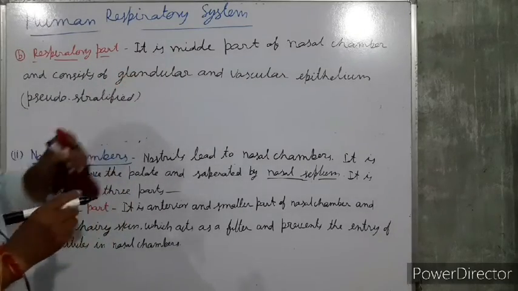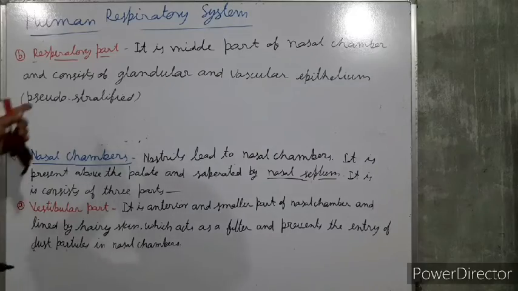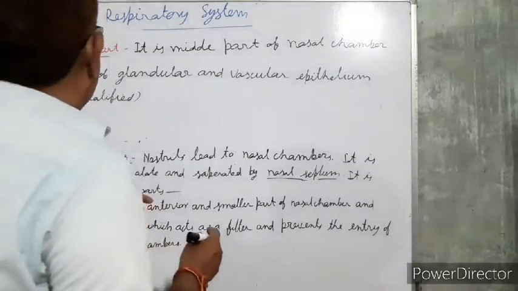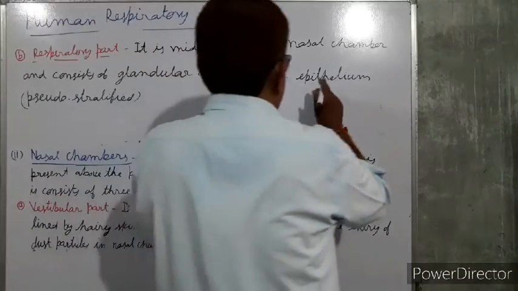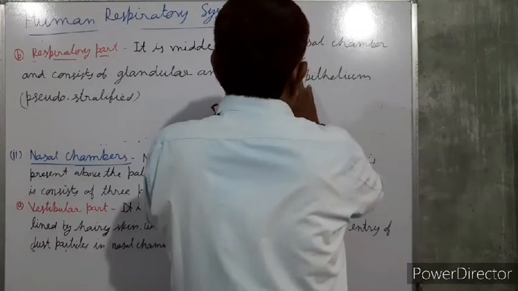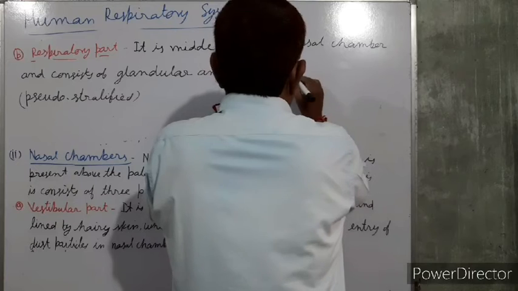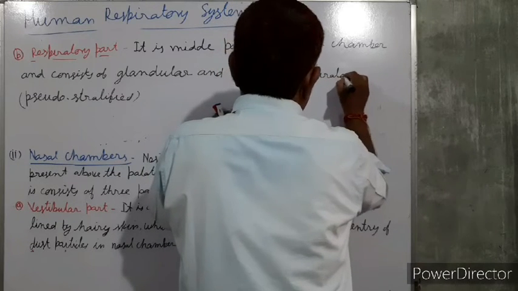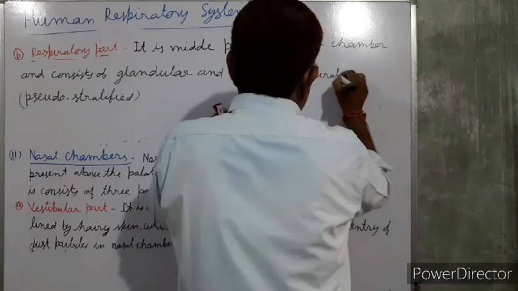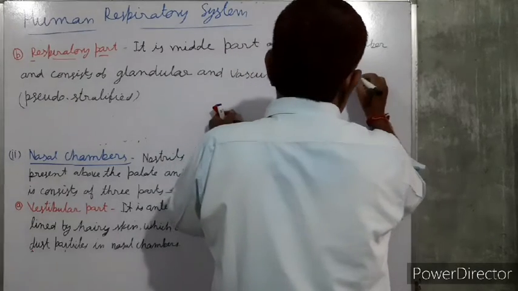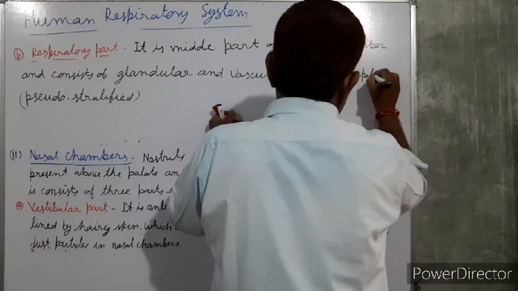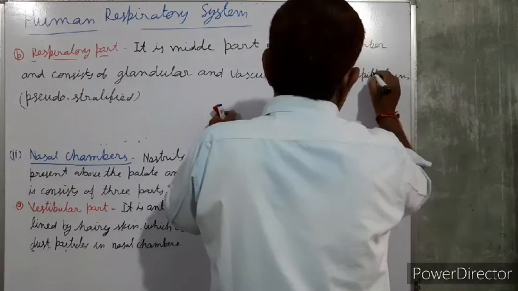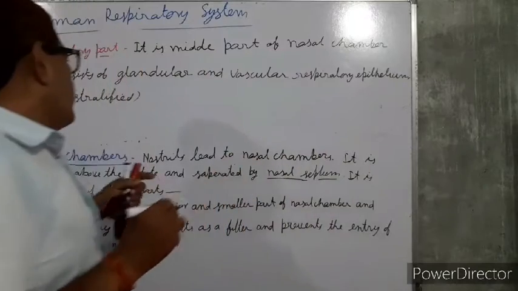So the middle part of the nasal chamber consists of the glandular and vascular respiratory epithelium. It is actually pseudo-stratified epithelium,